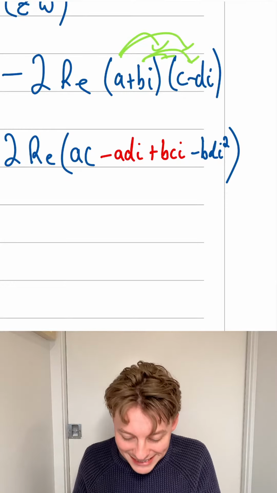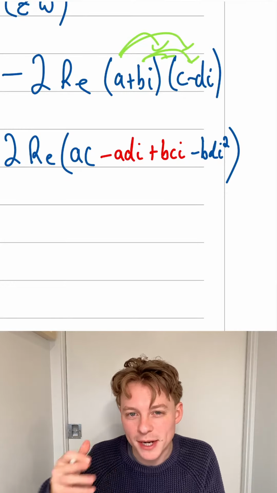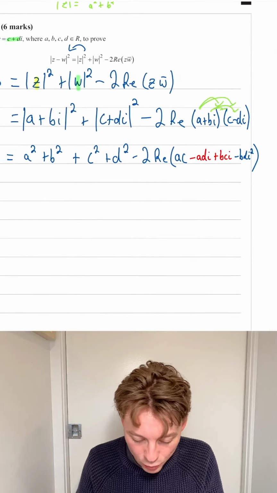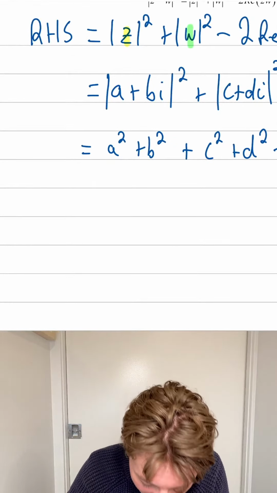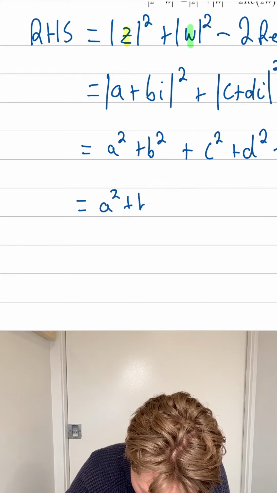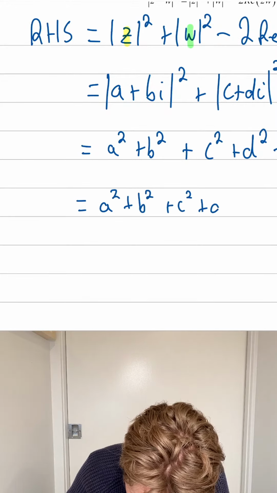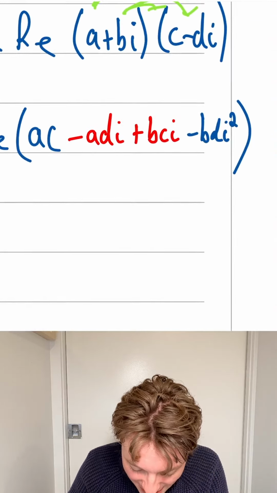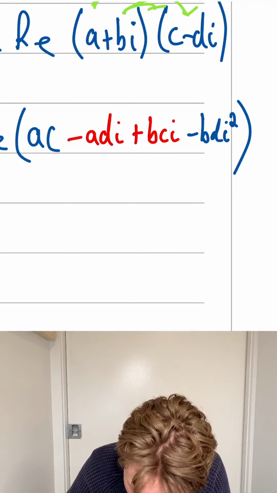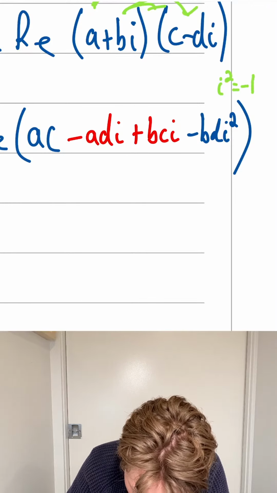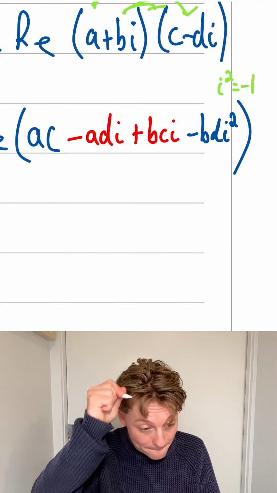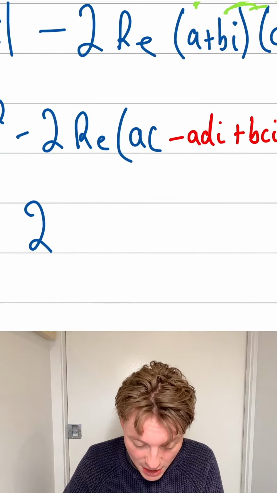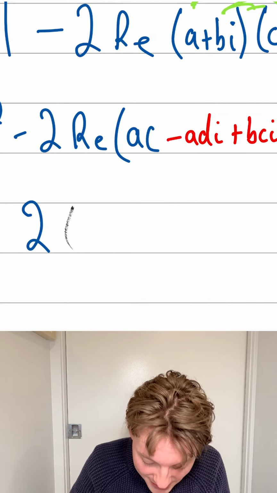So if I squared gives negative 1, this is a rule. We might have expanded these a few times to already know what that answer is going to be. I may as well rewrite everything out just real quick, just to make it look neat and make sense. That's A squared plus B squared plus C squared plus D squared minus 2. If I consider everything that's happening inside here, I squared equals negative 1. This is actually going to become negative BD times negative 1. That's actually going to become plus BD. So what I'm left with is 2 outside of just the real parts,